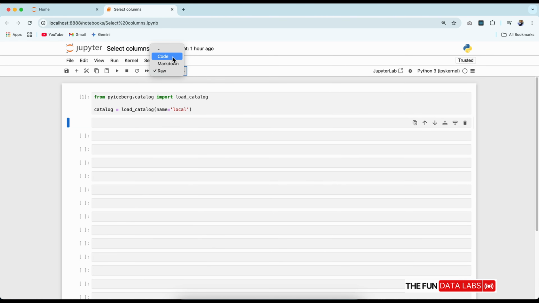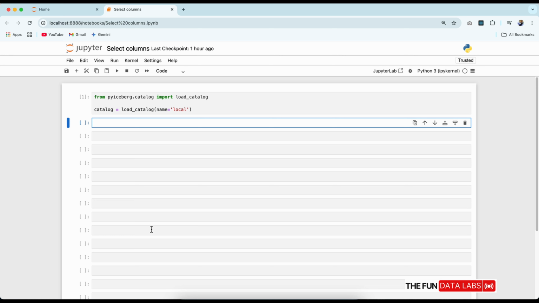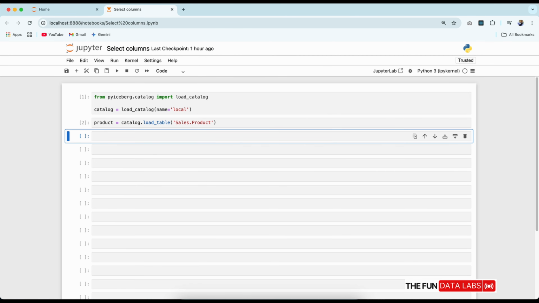Now that we have our catalog connection, let's load one of our existing tables. In this case, we'll load the product table from the sales namespace. We can write product = catalog.load_table, with the schema and table name sales.product as the parameter. When we run this cell, PyIceberg connects to our catalog and loads the table metadata.